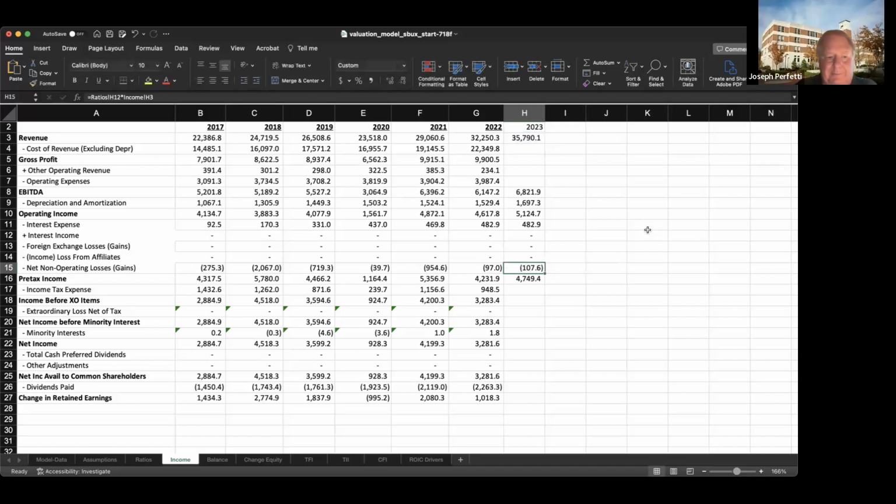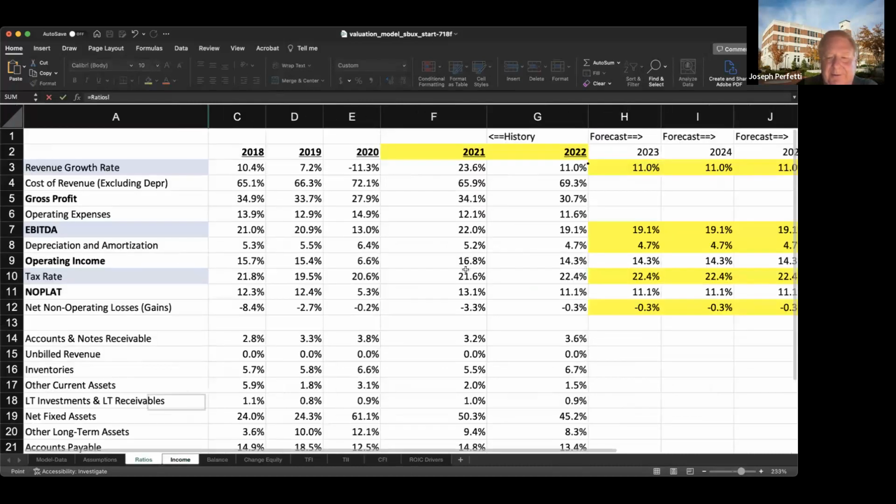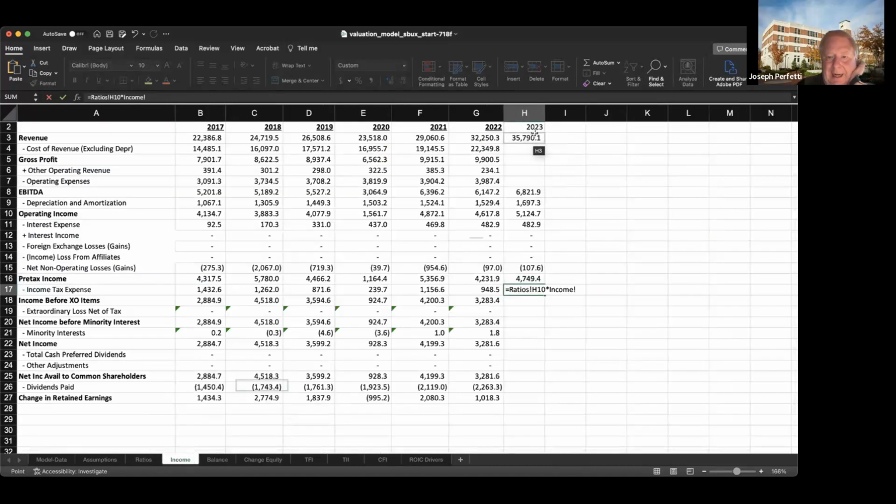All right. Next, that gets us to our pre-tax income. Now we had to pay taxes on the pre-tax income. So equals from the ratios, the tax rate that we're forecasting right now is in H10. That's our 2023 tax rate, multiplied by income H16, our pre-tax income. So that income times that tax rate says we'll pay $1,064.5 in taxes